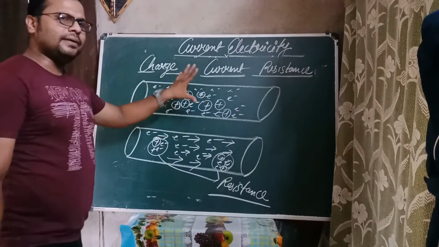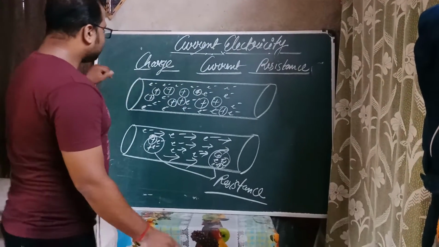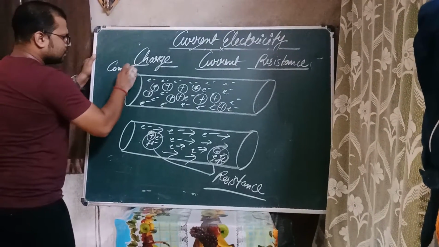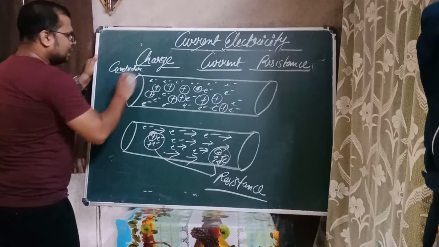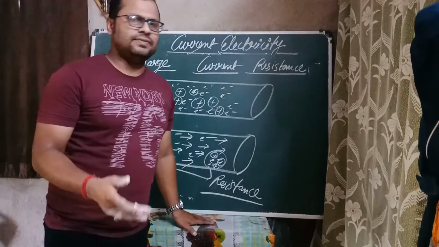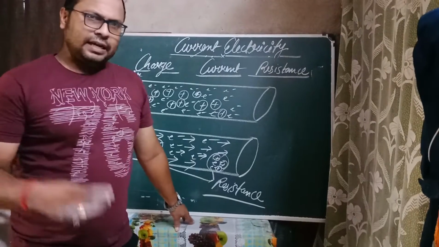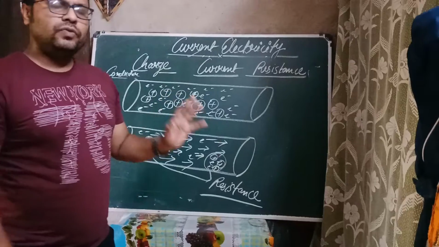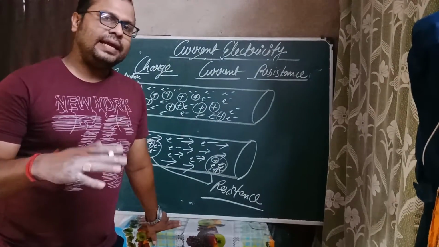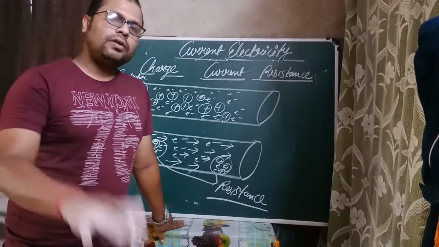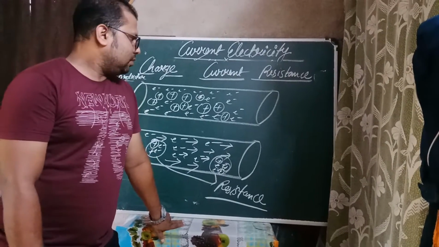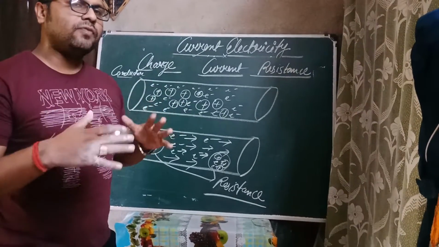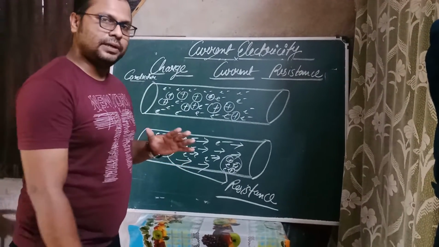I have taken a diagram. You can see I have taken a diagram of a conductor. What is it? It's a conductor. A conductor is the material which conducts electricity. Very simple sentence. I will define it in a different way. A conductor is a material which has some free electrons in it, or some electrons in the free state. Because of this nature only, they are capable of conducting electricity properly.